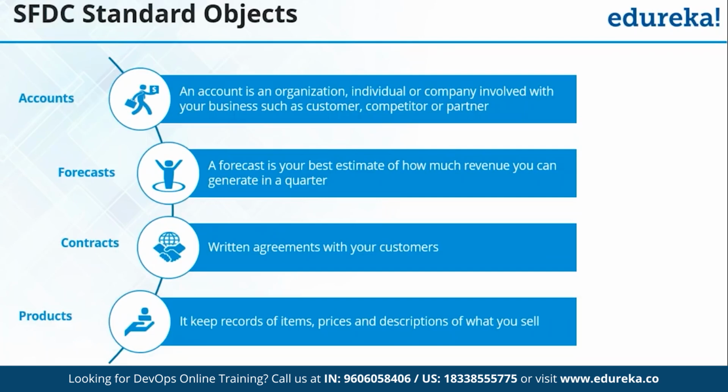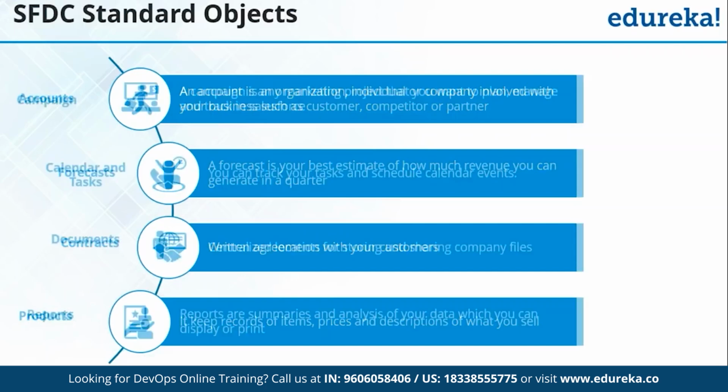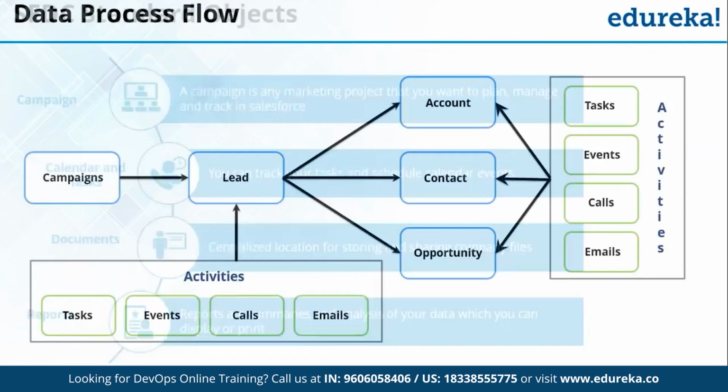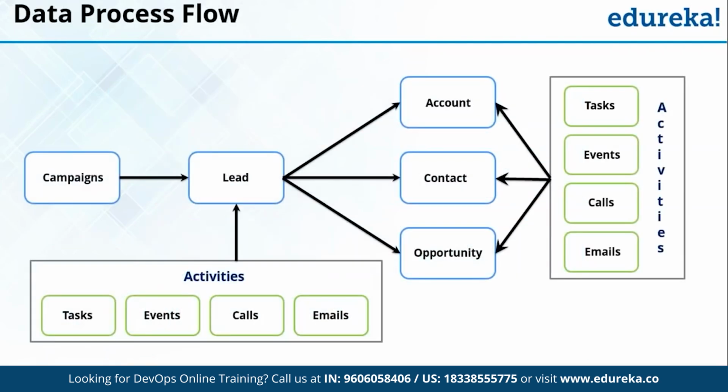So let me also show you how to create a product, and then how you can attach it to an opportunity, or how you can make some quotations for your customers. Then reports we're going to discuss, and documents, we can also create a document for us. Let me show this demo also. So we are left with reports, social connectivity, documents, and this is the complete data process diagram.